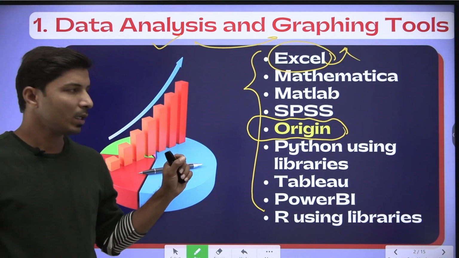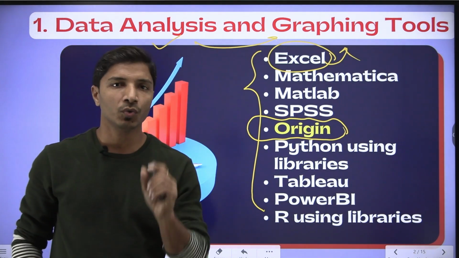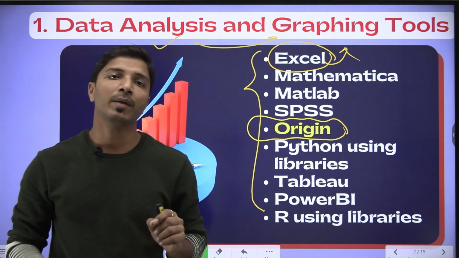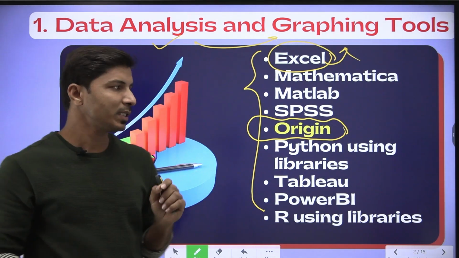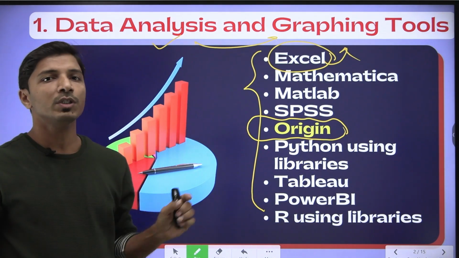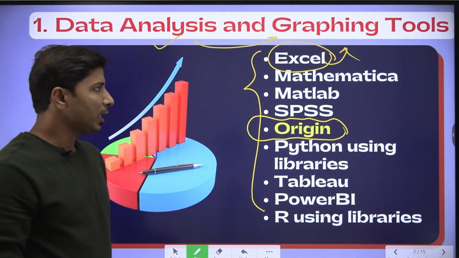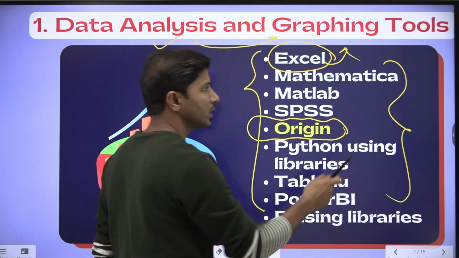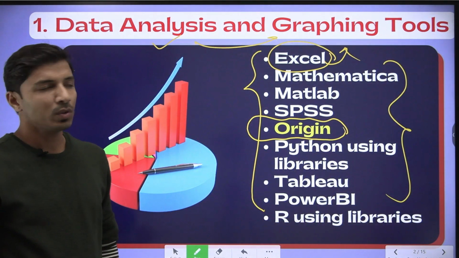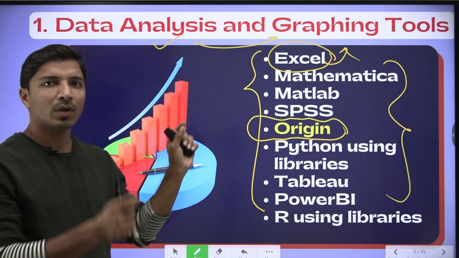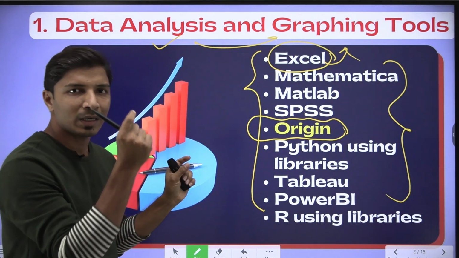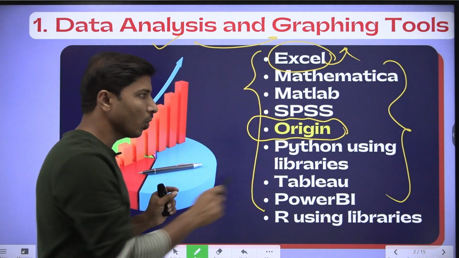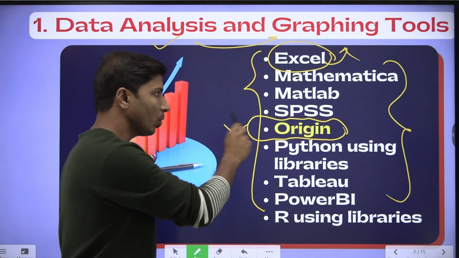This is software which is available freely to students. Meaning if you are registering through your student ID provided by your college or university, then you will be able to use Origin Pro freely. And if you talk about others, then you might have to go for a subscription or purchase these tools. For data analysis and production of different graphs with simplicity and attractiveness, compared to all these tools, you can go ahead with Origin.